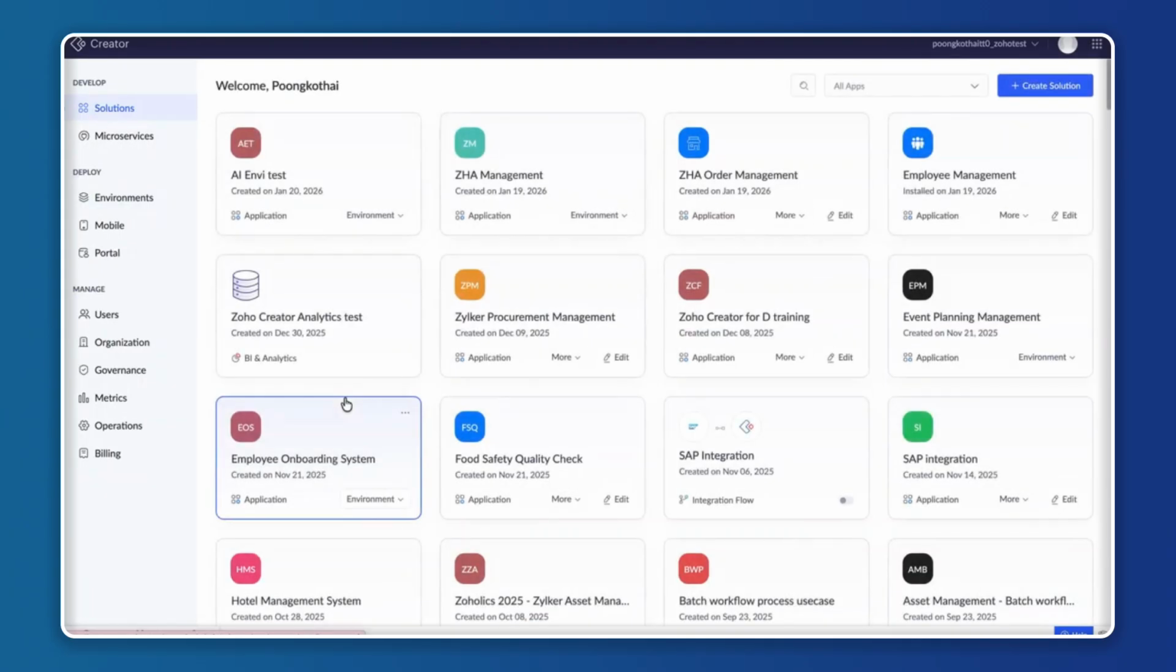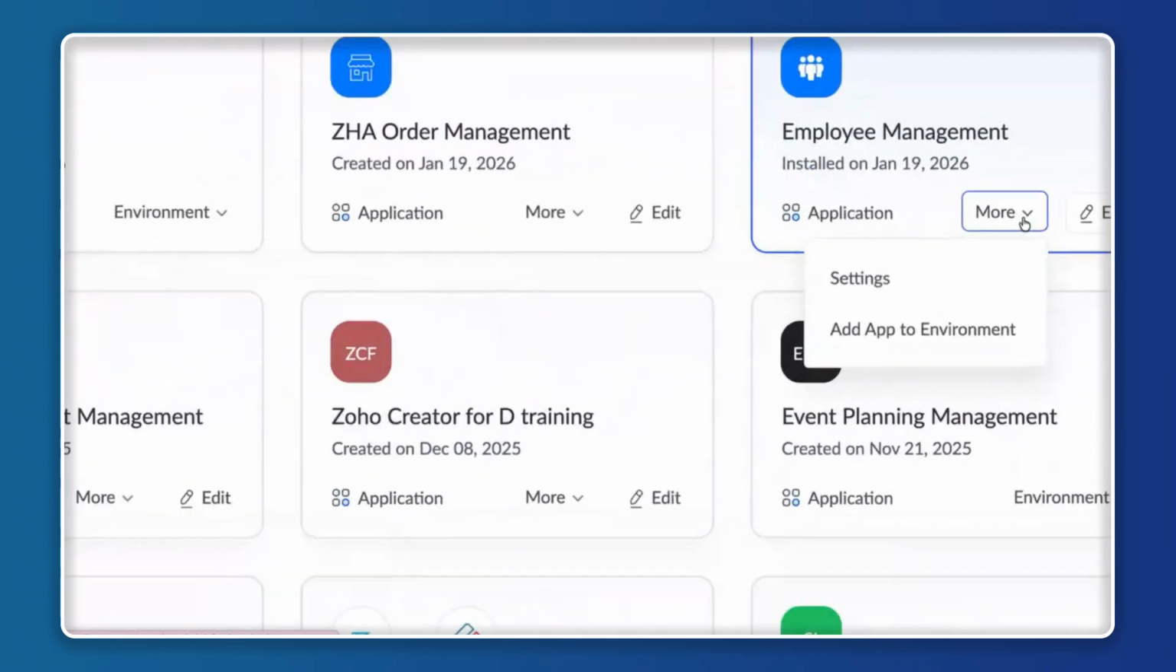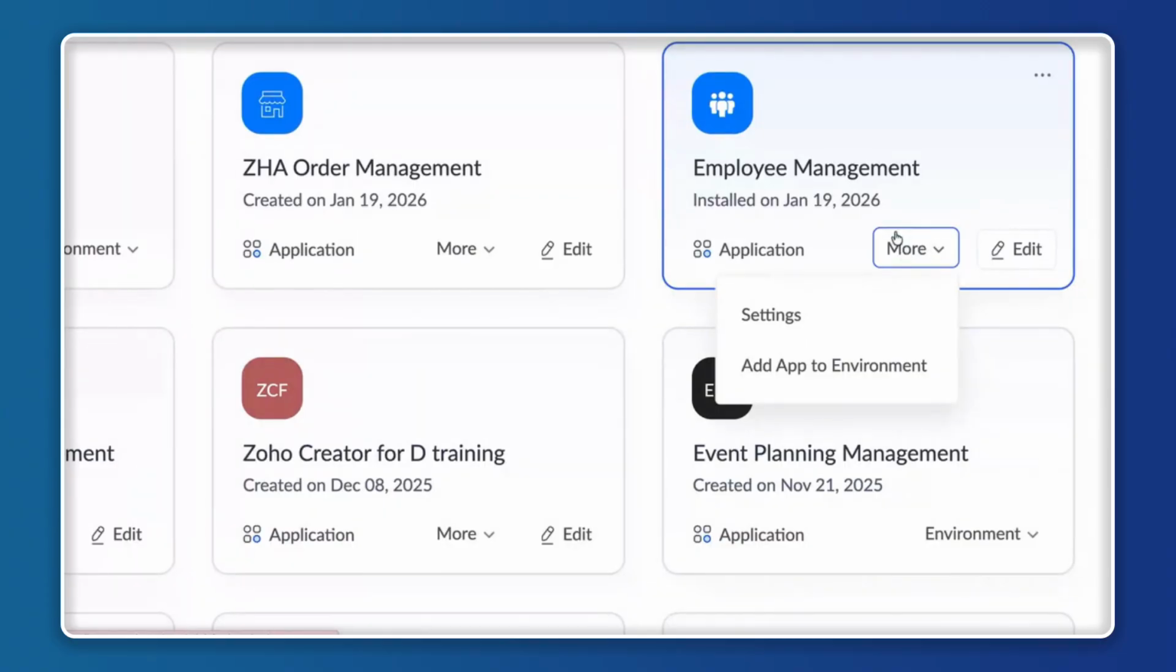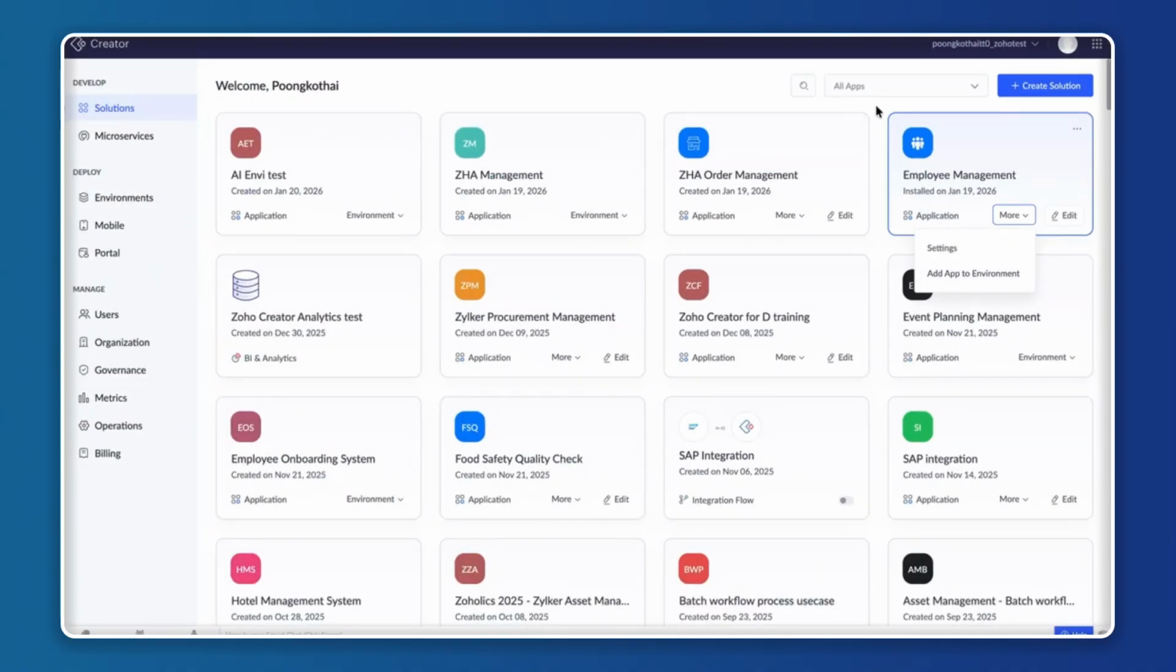We were discussing adding an existing application into environment, correct? So how do you do that? You can see we have the admin dashboard. From here, I can choose the card layout of my application, and once I click on more, we have add app to environment. So this is one way of adding an existing app into the environment, right? In case I would like to add an application from the summary section, I can simply choose this,